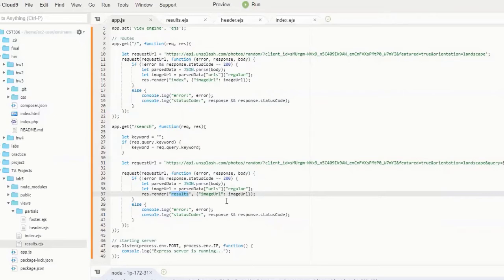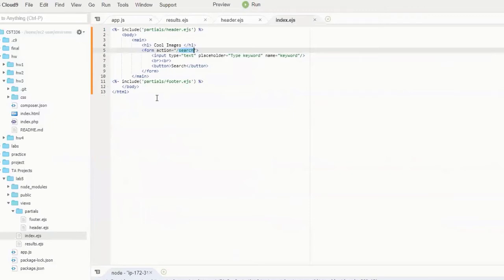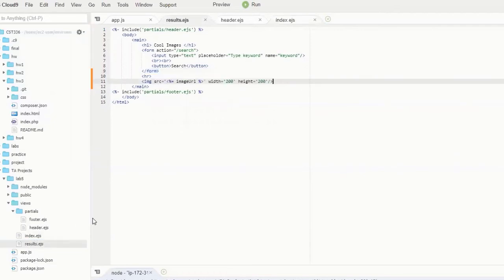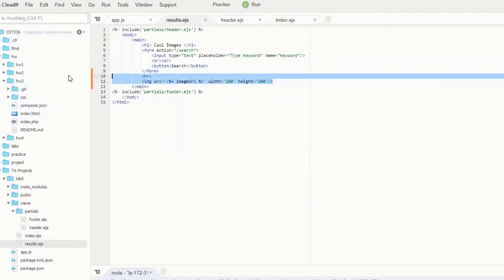And so right now, if you guys tried to run this, you would probably get an error because there is no results page yet. So what you want to come down and do, you'll see that I already have my results page. You'll want to duplicate your index page. And so you would just be duplicating what we have here. This is just your index page, how it should be at this point. And then you'll want to just go ahead and under the closing form, there's going to be 2 lines of code that we're going to be adding to that. So if I go ahead and open up my results page, this here is what we're going to be adding,